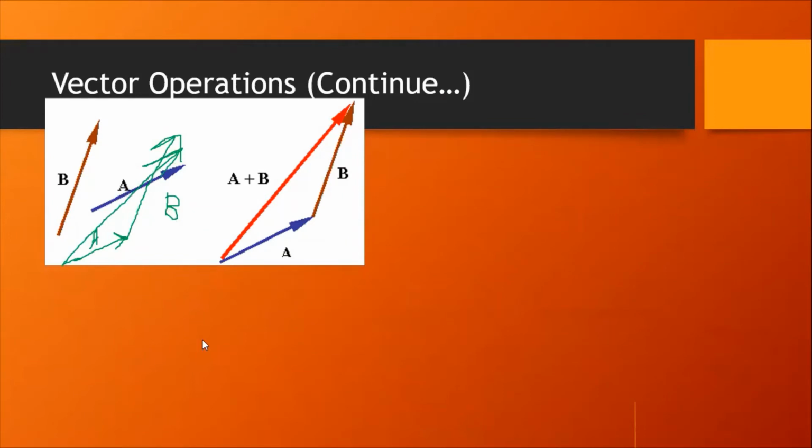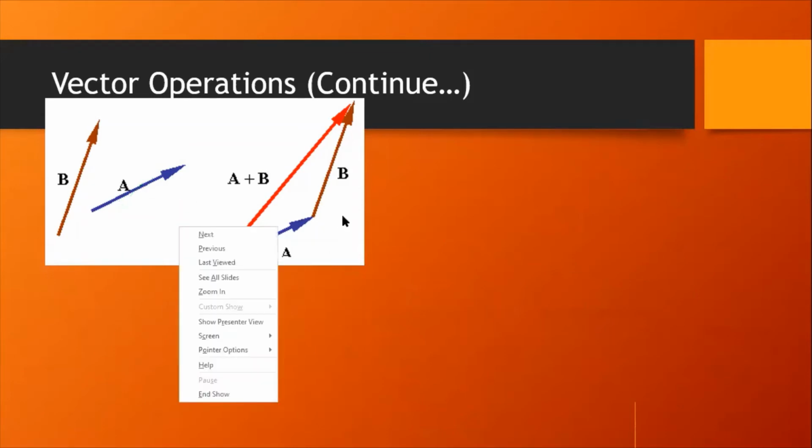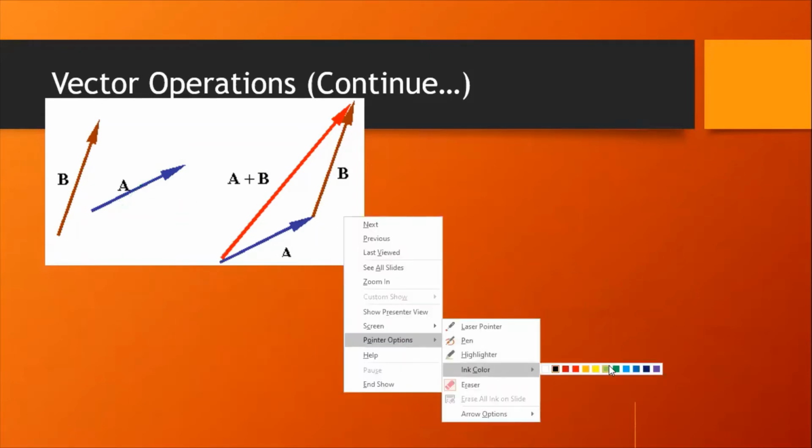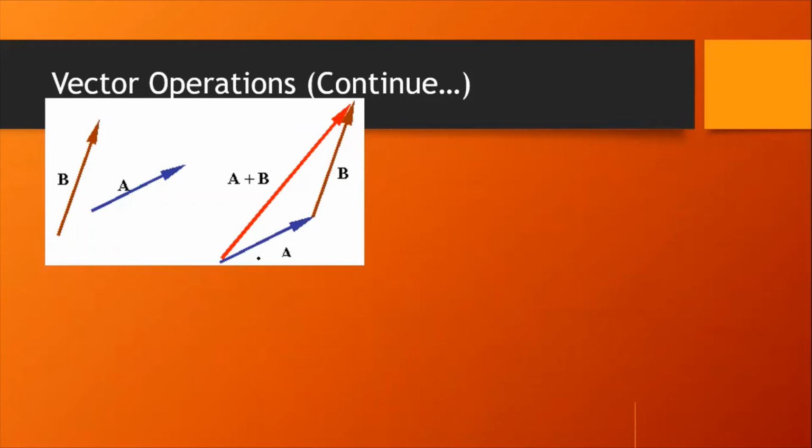So let me rub this, and the figure is already in front of you. So what is happening over here? You can see this is vector A, and this is the tail and this is the head. Wherever the arrow is, that is called the head, and this is obviously vector A. So the tail of B is here, the head joined with the tail of vector B. Then for the resultant, what I have to do is tail joined with the tail and head joined with the head. So this is the way to add both the vectors, and we will be able to get the resultant over here this way.